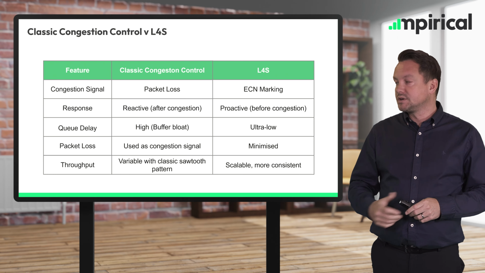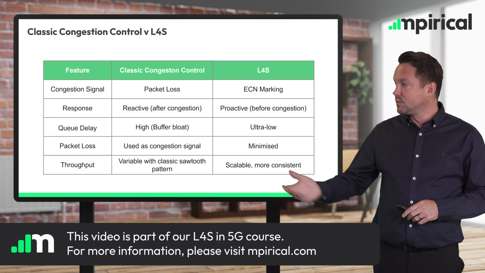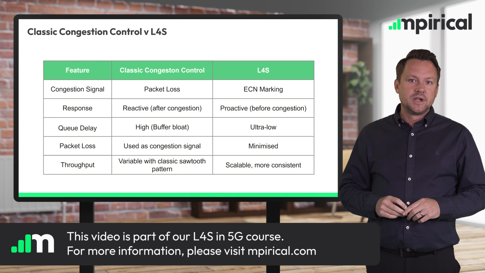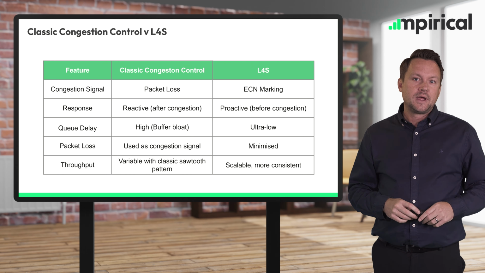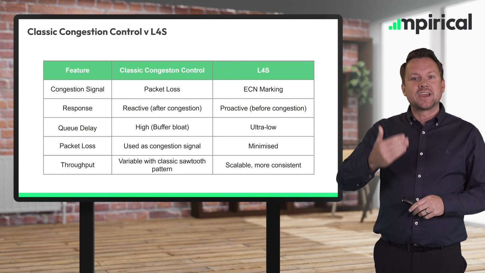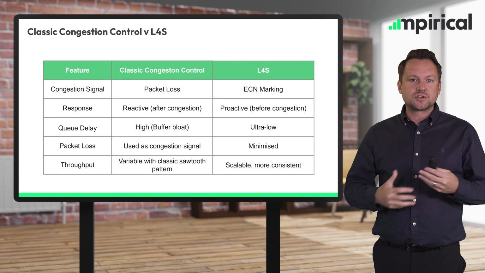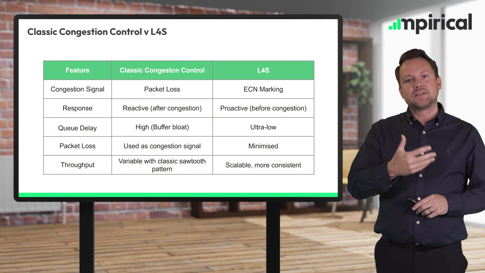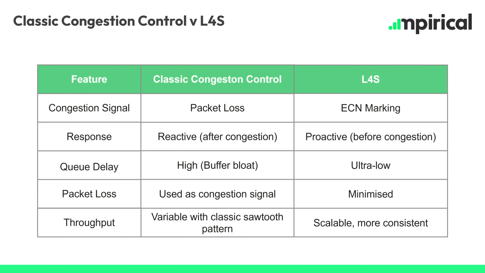congestion to be reduced. Now, within L4S, as we will see, this is a much more scalable, much more consistent approach. So we don't see these dramatic decreases because we're not waiting for packet loss to occur. We're taking a much more gradual, steady, measured approach. So we're constantly adjusting the sending rate by giving feedback to the sender as to what the current conditions in the network are. And we're managing congestion to an extent, but we're not waiting for it to become serious enough that we need to back off by 50%.